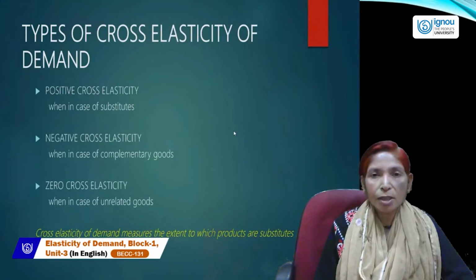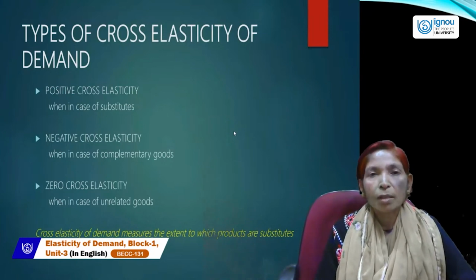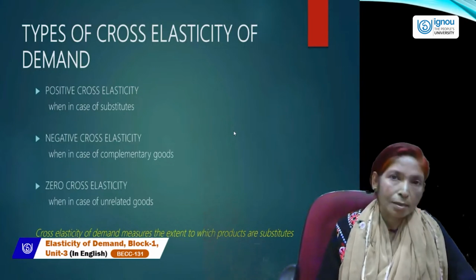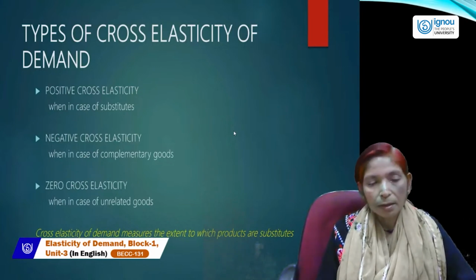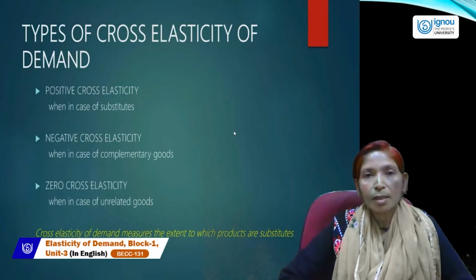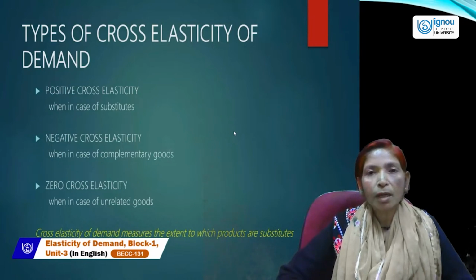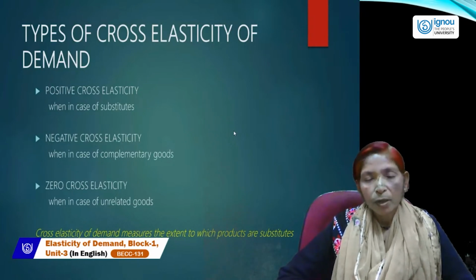There is a negative relationship between one commodity's price and the other commodity's demand. That's why it will be called negative cross elasticity, and the curve will be downward sloping from left to right. And in the case of zero cross elasticity, if both goods are not substitutable and not complementary, that